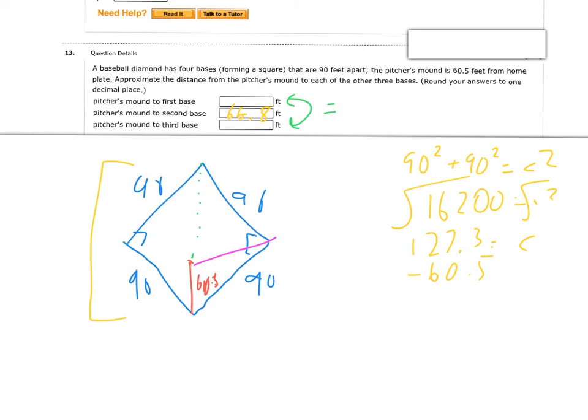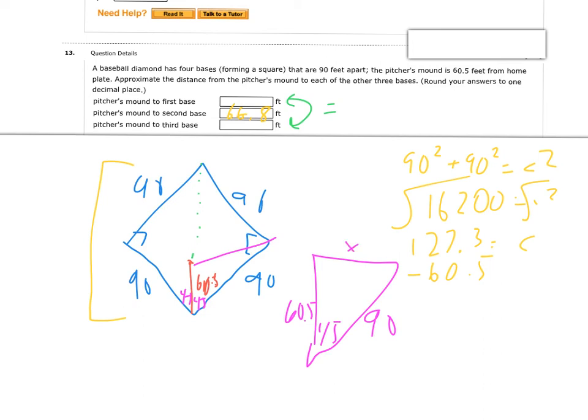Okay, and so what do we have on this triangle? Well, I know that this got split in half here, 45, 45. So if I draw this triangle out here, the information I have is this is 45, this is 60.5, and this is 90. Now this is not a right angle. I kind of drew that as a right angle. I wish I wouldn't, but this is not a right angle right here. But I do want to find that angle, I think. Oh, no, I don't. Never mind. I just need to find this, and I have a side angle side, so I can use law